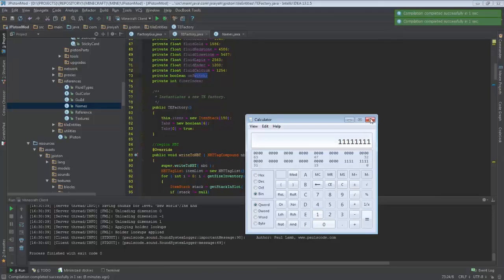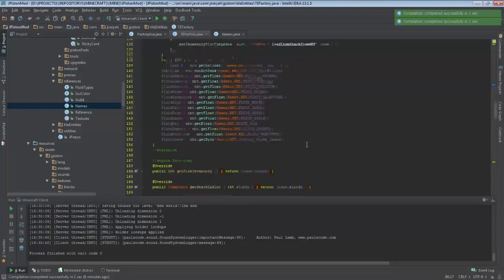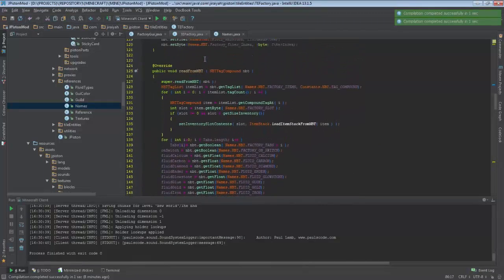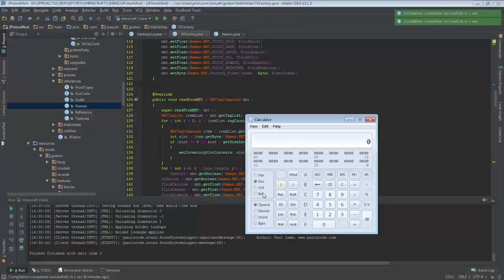No, that's not the proper way. So we read and write a byte here, and then convert that byte to the fiber index. If our index is 12, we are still below the byte limit, and I think the byte accepts up to